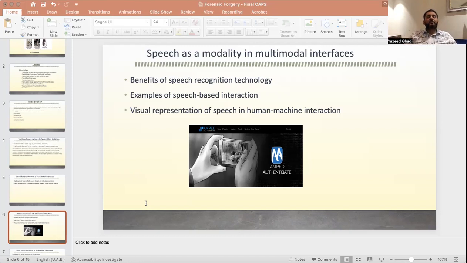I'll try to shorten it due to time constraints. When we talk about speech as a modality, it allows users to communicate with machines using voice commands and natural language. It emulates the way we communicate with other humans, enabling a more fluid and conversational interaction with technology. Speech recognition technology has significantly advanced, making it more accurate and reliable, thereby enhancing the viability and effectiveness of speech-based